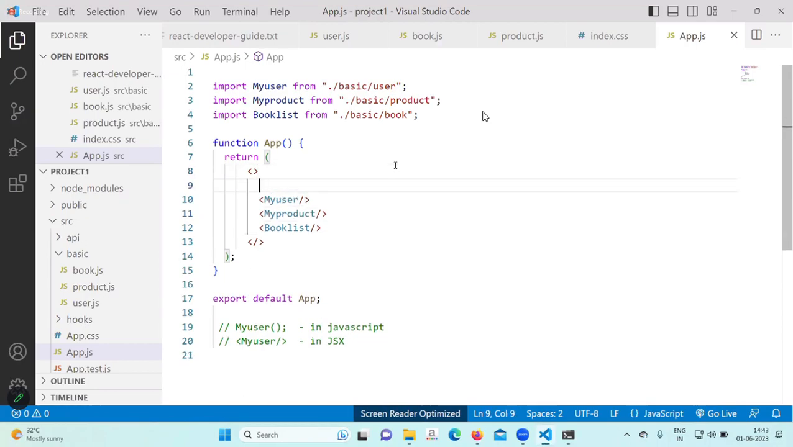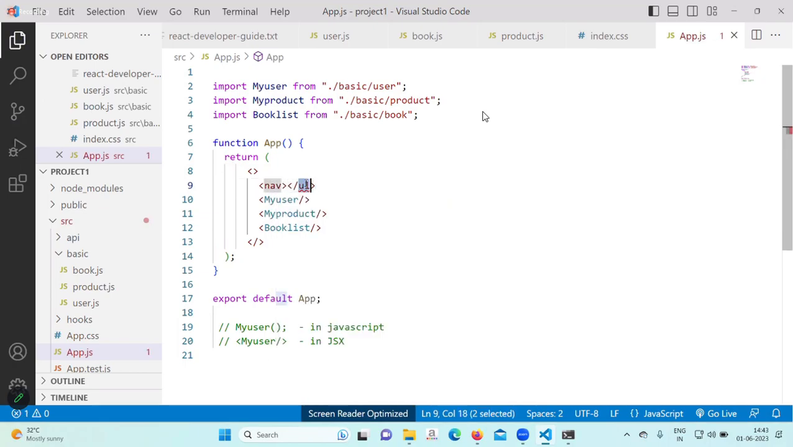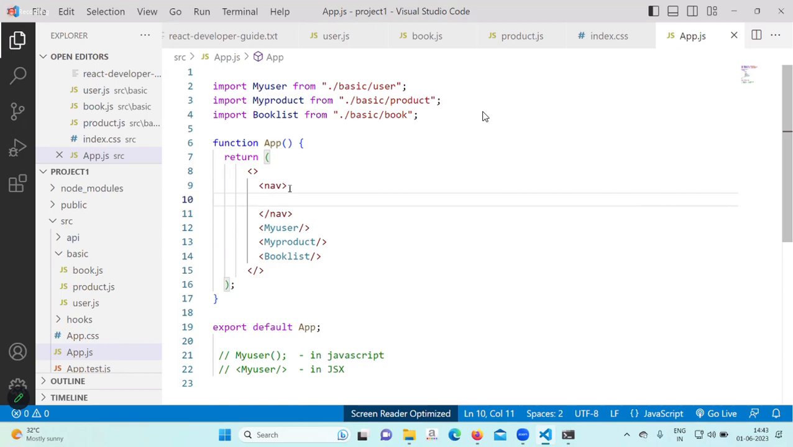app.css file, and in the beginning, write a UL tag, or maybe instead of UL tag, you can write NAV tag. Nav tag open, nav tag close. Inside the nav, write the A tag, href equal to, write something,